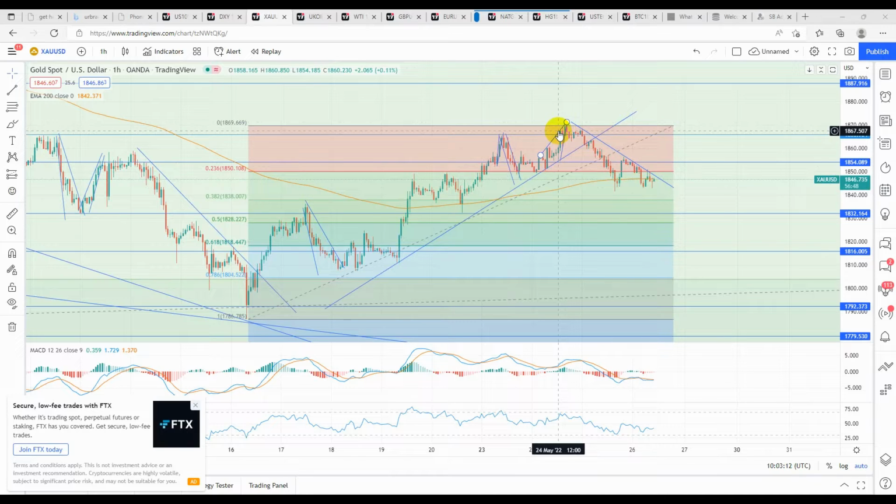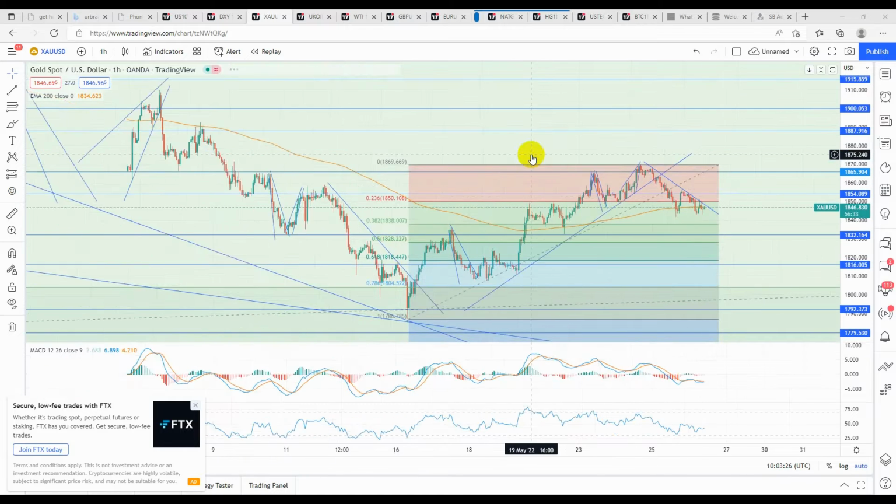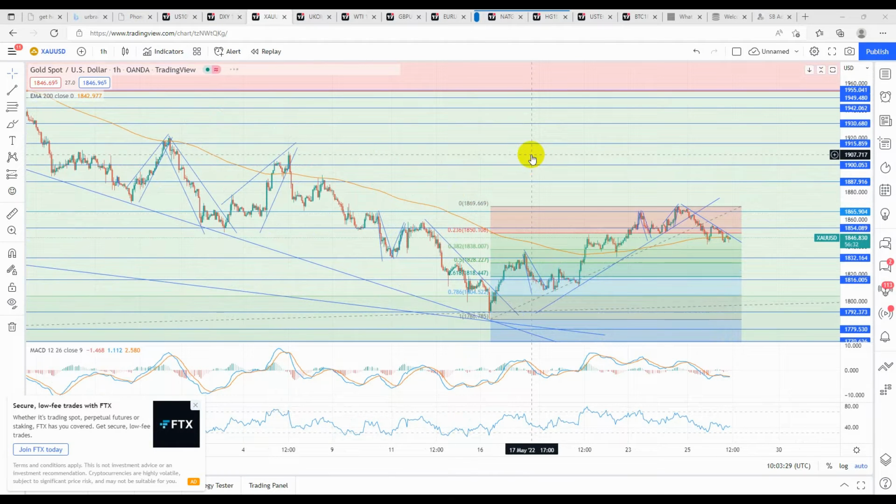It's looking interesting to me again because I was waiting for gold to get to around the 1850-ish level, and I was hoping to find some signs of gold reversing and heading down south to continue its overall downward move that it's been doing for quite a while. And I think I've just got that signal.